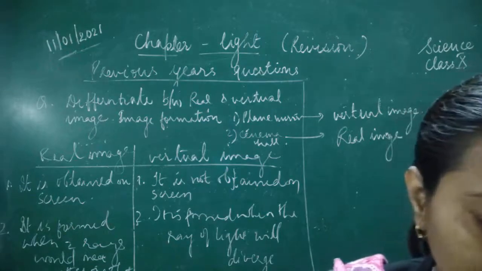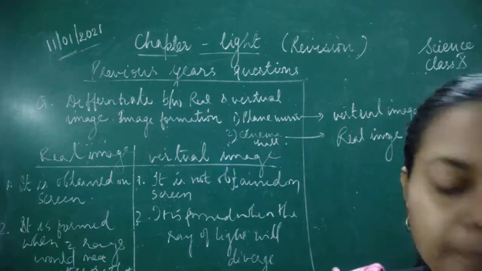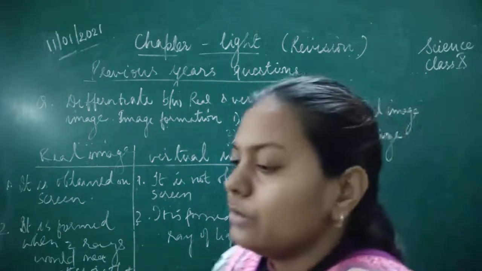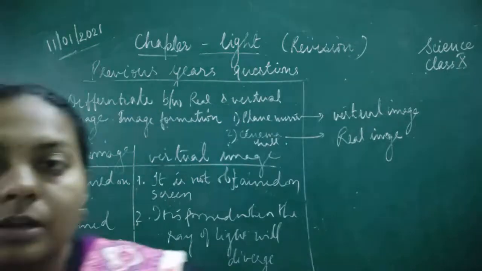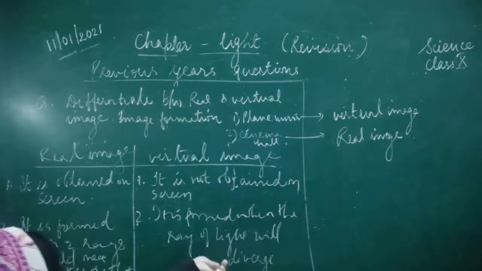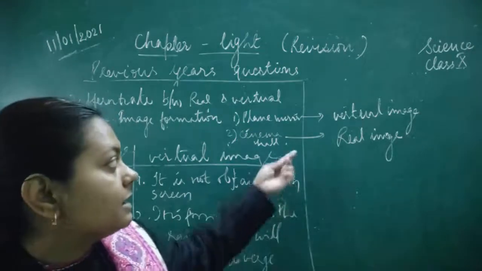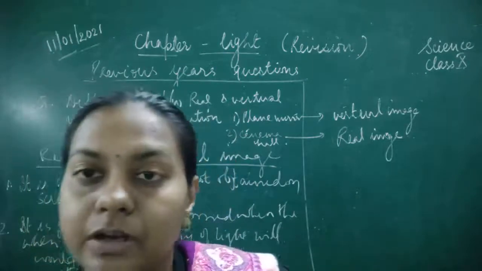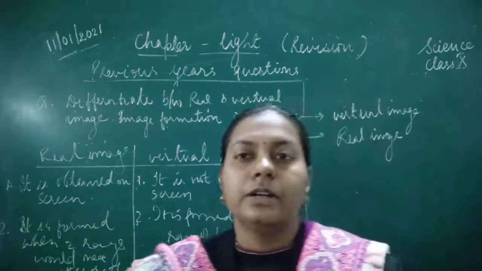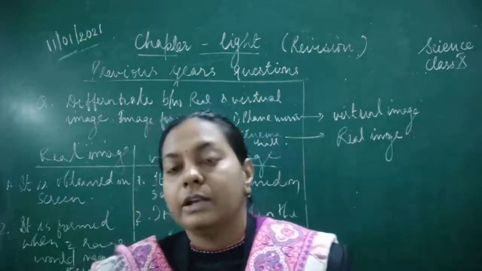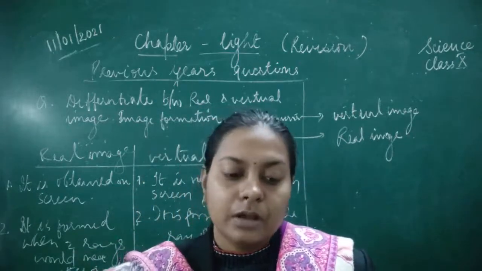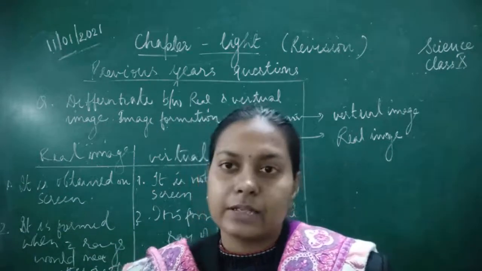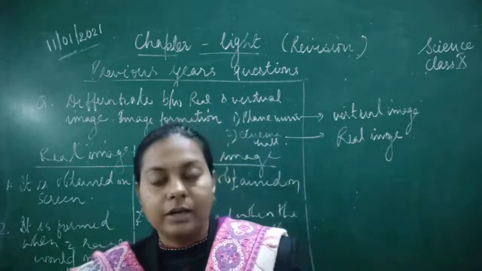Okay, so this is about the examples. You can even include these examples over here, and you can even add water image, mirror image, any shiny surface. If it is forming an image, it is going to form a virtual image. Okay, and there are some more facts which are given, like whenever a plane mirror is forming an image, it forms different types of images. It will be virtual, it will be on the same side, it is of the same size as that of the object, then it is laterally inverted. And what is lateral inversion?